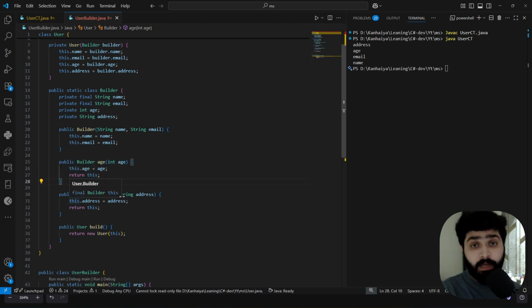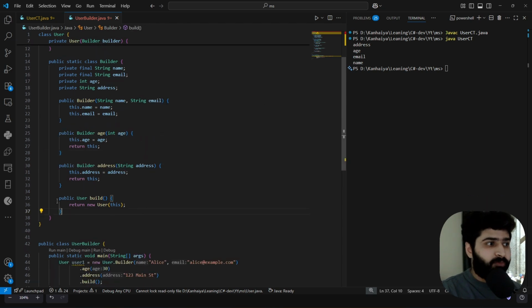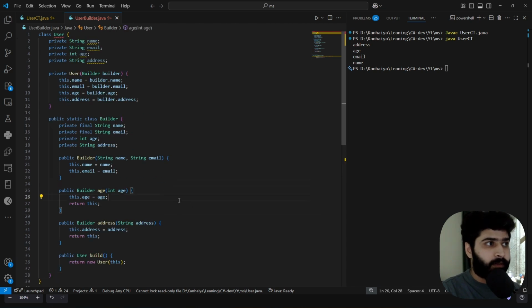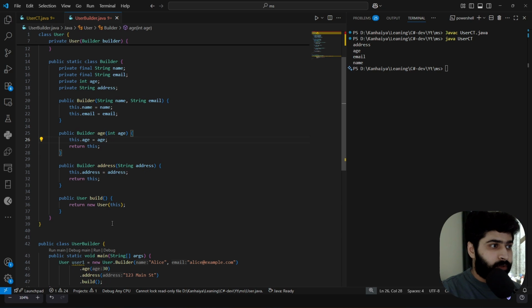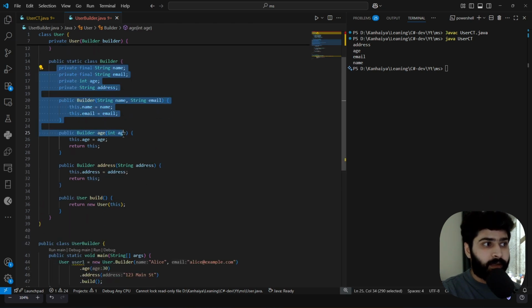Same for address. At last we keep a build method, and inside the build method we return the new user, passing the builder we have built inside this static class.